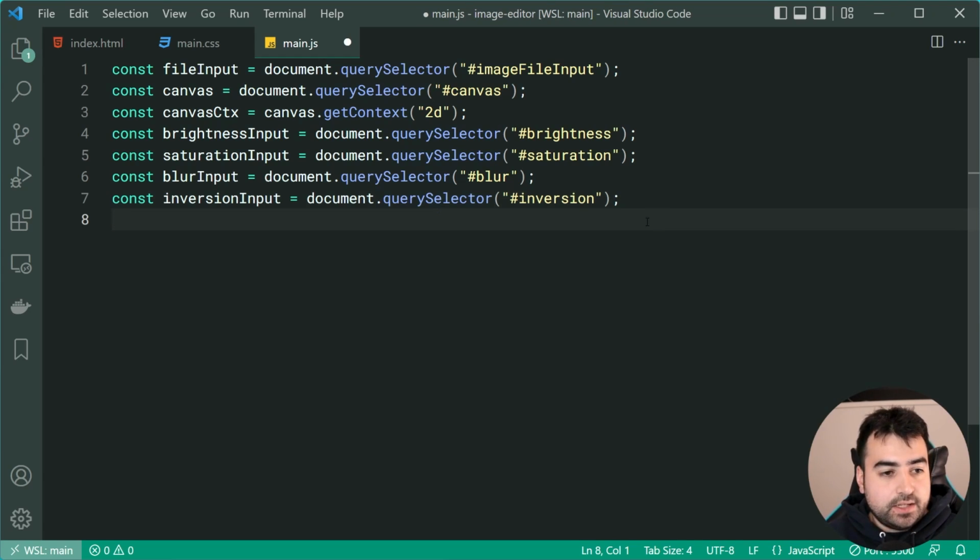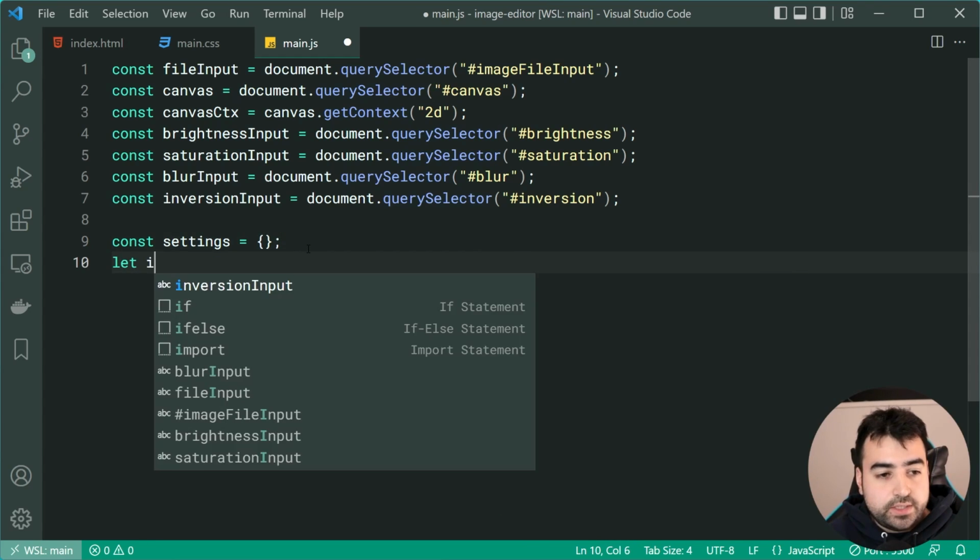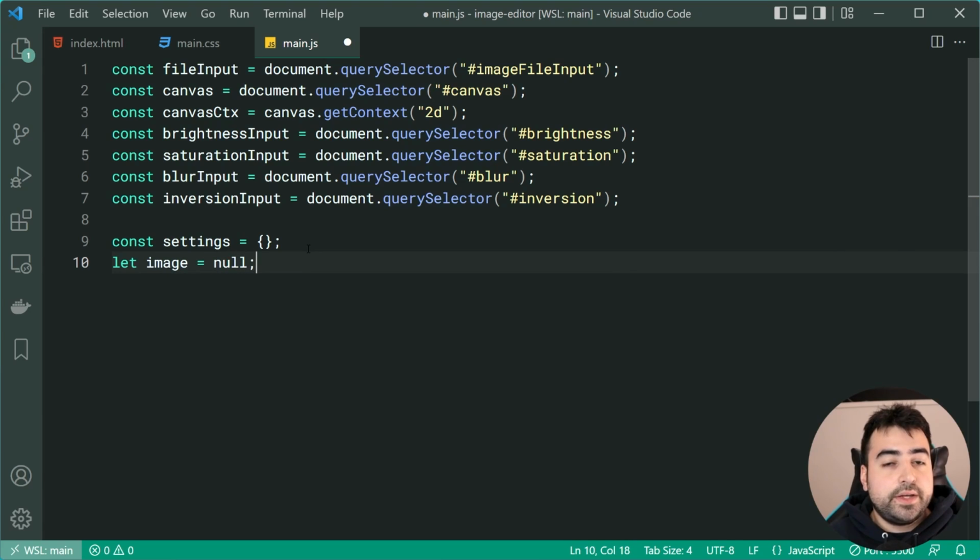We can now define a JavaScript object called settings equal to a new empty object right there. So this settings object is going to store the values for each one of our inputs. So it's going to have properties for brightness, saturation, blur, and inversion. And whatever settings are inside here, we're going to be applying to the image within the canvas. Okay, cool. We're going to also define a variable here called image equal to null by default. So this right here is going to store the currently selected image. By default, when the page first loads up, the user hasn't selected an image yet, so it's going to be